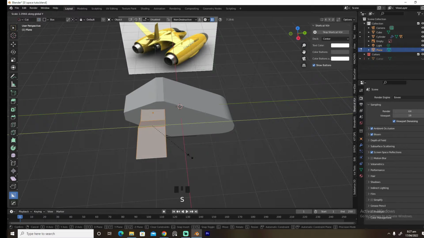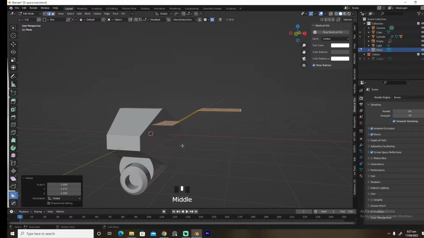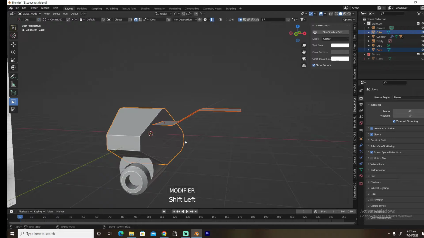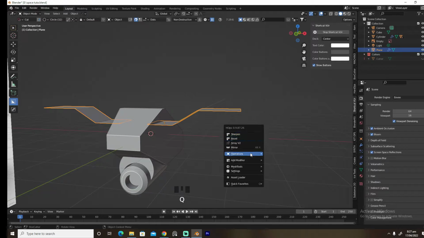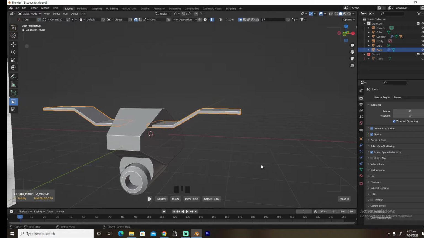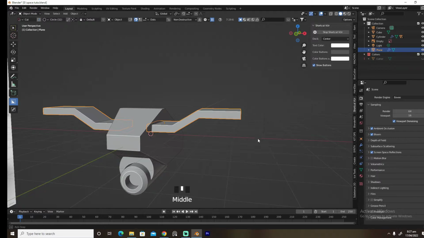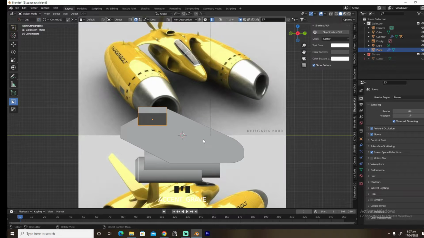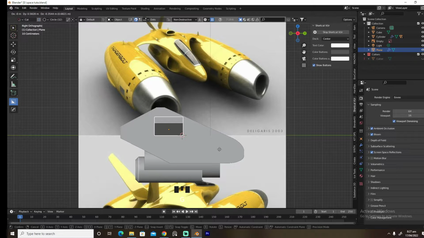and we're gonna scale this on the y-axis to right about here, and we are going to press Alt X it to the other side, and we're gonna solidify this downwards to something like this. But we're gonna bring this guy down to right about here,